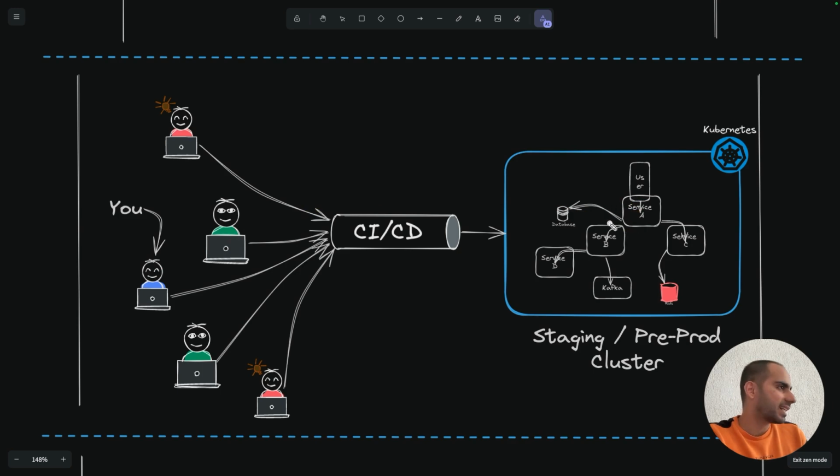So either their testing will interfere with yours, or you're going to have to wait in line for other people to finish their testing so that you can exclusively grab a lock on the staging and then test your applications. And now the whole process of testing your changes takes a lot longer, right? Even if you have a very small code change that you'd like to test, you're going to have to push